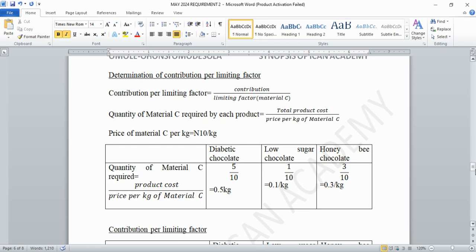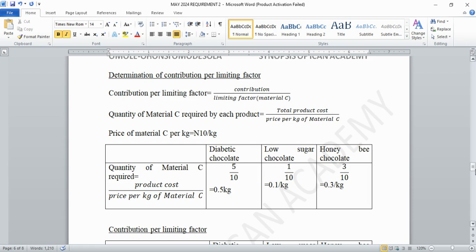But the one of 200 naira, people buy 10 per month. So instead of printing the one of 300 naira, where somebody will buy only one, I would rather print the one of 200 naira, where I'll get 10. All I'm saying is that you don't just look at the contribution alone. You have to look at the contribution as per the limiting factor. How can I make the maximum? Which one will give me the maximum profit?